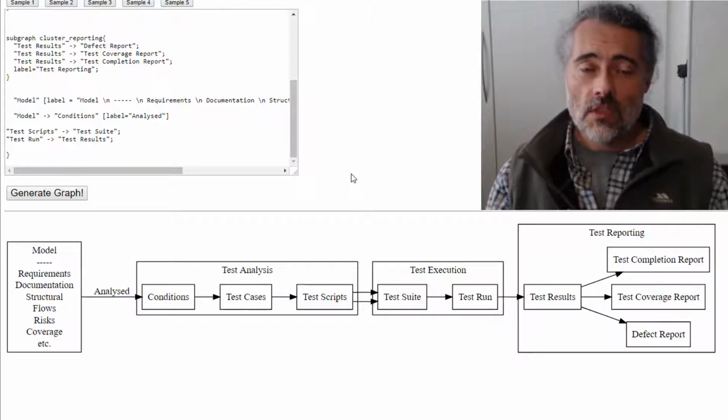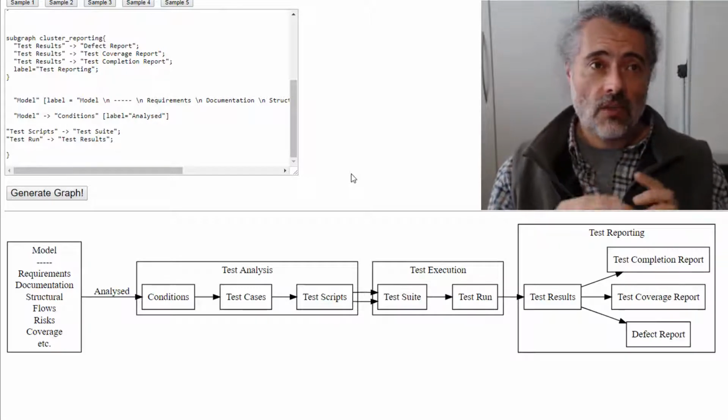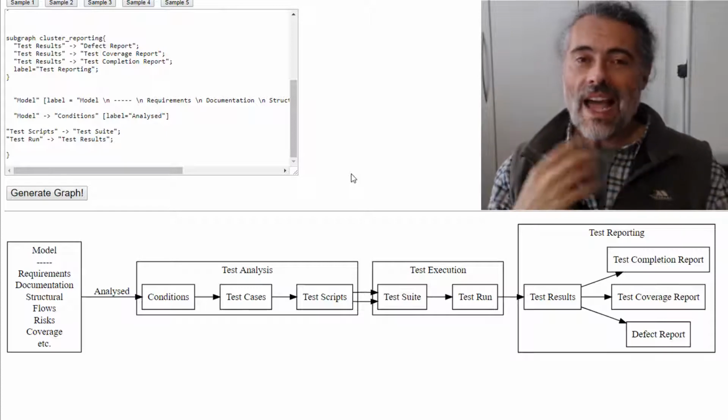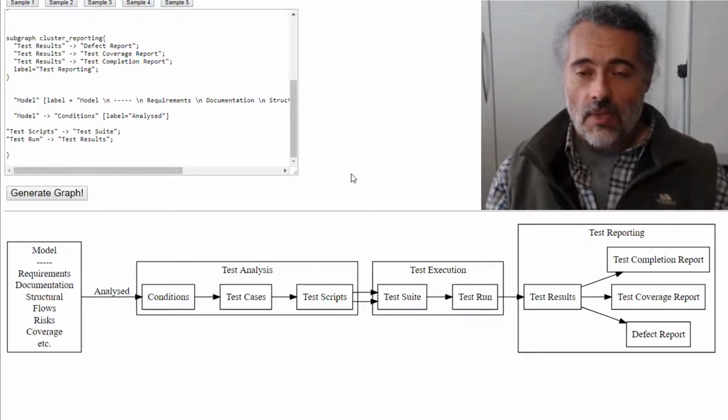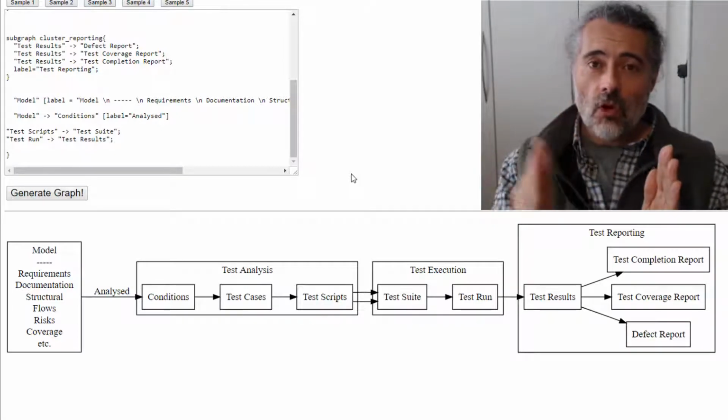So we have requirements. We have the user documentation. We have examples of how it's going to work. We have the flows through the system that we expect users to have, use cases. We have all this stuff. So we analyze that. And because what we used to do in testing was a very formal process, we would